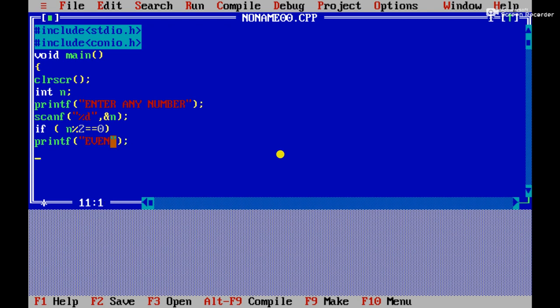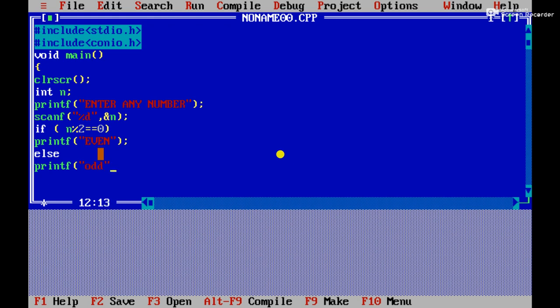So we are going to show even, like this. And then if we take the remainder with 2, and if 0 comes, then what do we say? It is even. And if it does not come, then what will happen in that case? Else, right? So after this printf, and here we are going to specify that it is not an even, like we can say it's an odd, right?